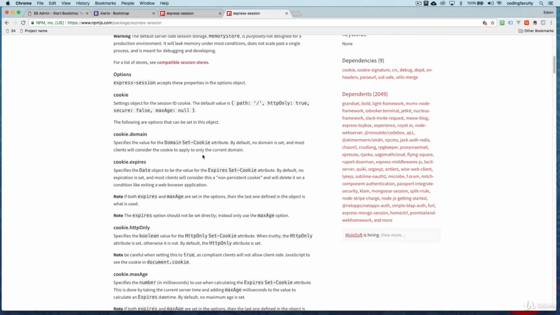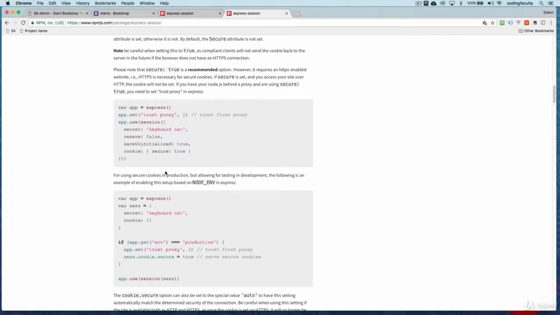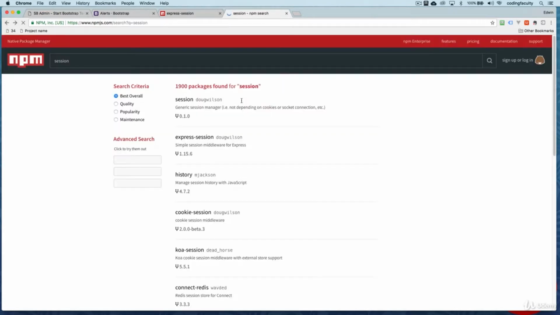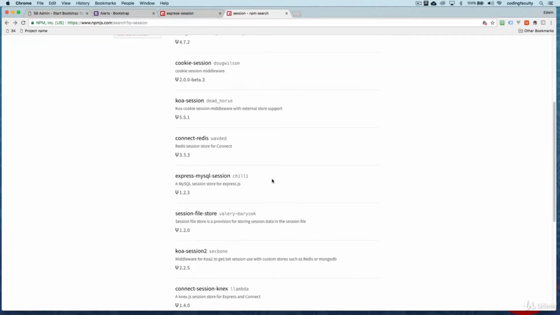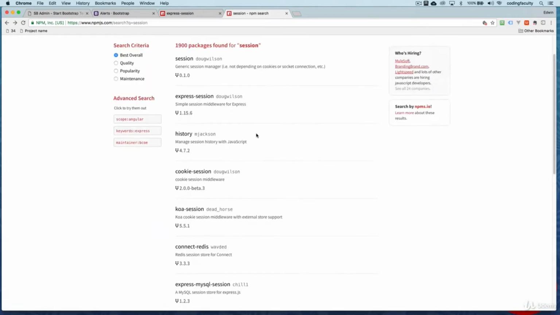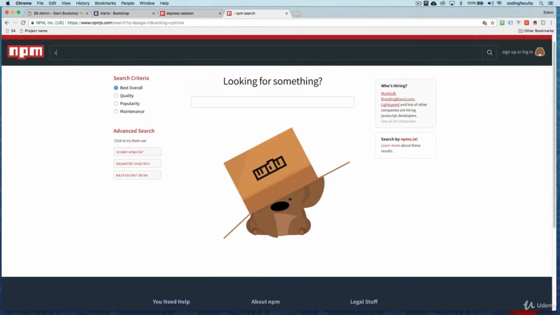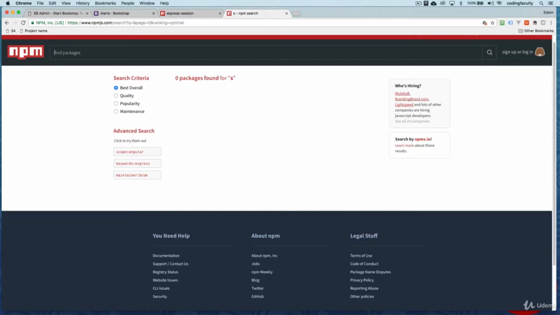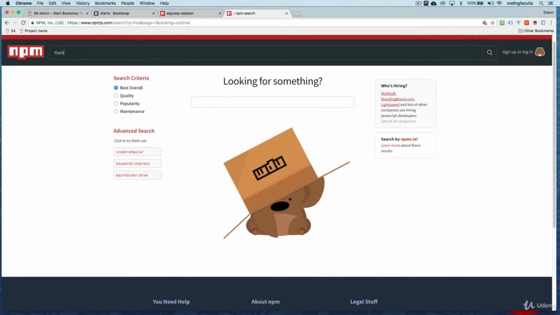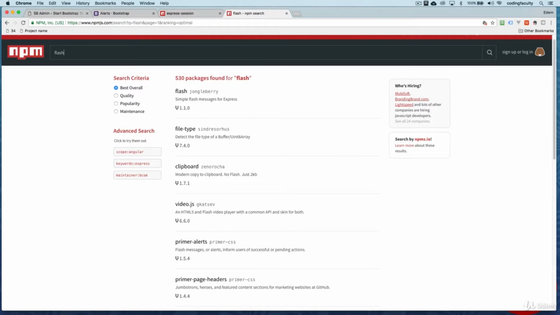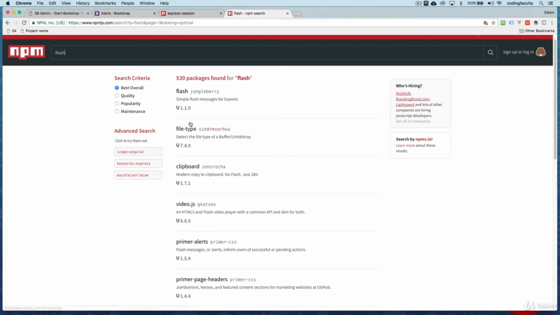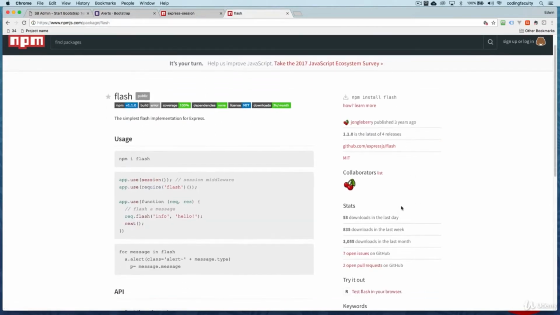So I require it. What else do I need? Let me see. Okay, and I need to use this to make it work. And I keep looking sometimes. When I find something really famous like that, I use it. Okay. There's another one that I like to use. But this was for sessions. I want to use Flash, and we need, of course, sessions installed, right? So I look at Flash, and I come here and I say, okay,